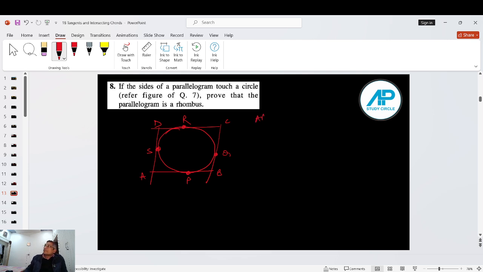ABCD is a parallelogram. To show: ABCD is a rhombus. To show a rhombus, I take the proving part from the previous question, that the opposite sides are equal, right? So it is proved